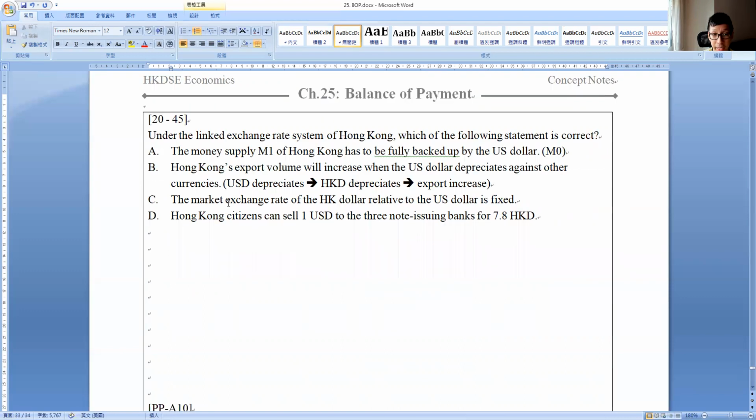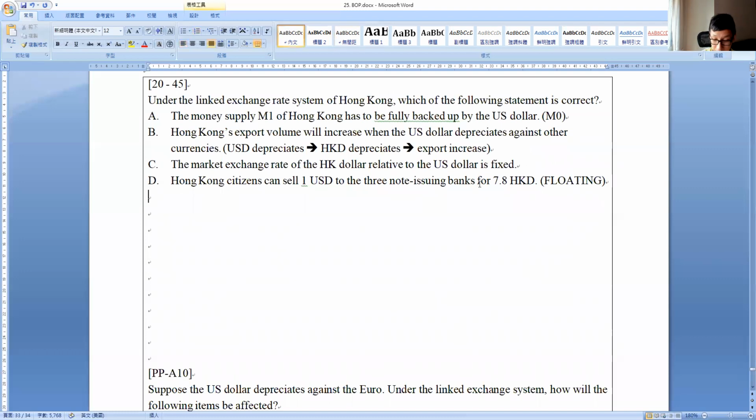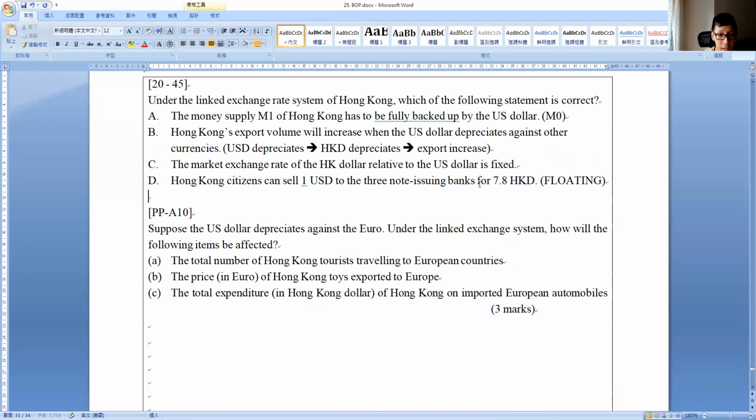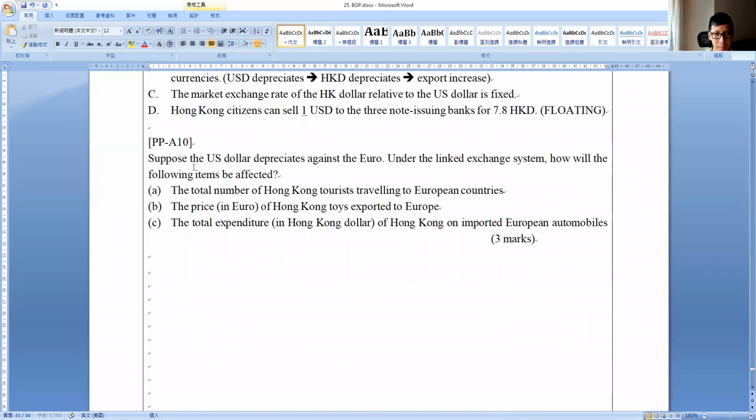Now what about C and D? Market exchange rate fixed. Floating 啊，唔講啦。Hong Kong citizen can sell to a note issuing for 7.8. Now this is not wrong, but it is not always correct because again, same as C, it is a floating. Sometimes, right? Sometimes it can be not 7.8. 因為 floating 啊，好嗎？